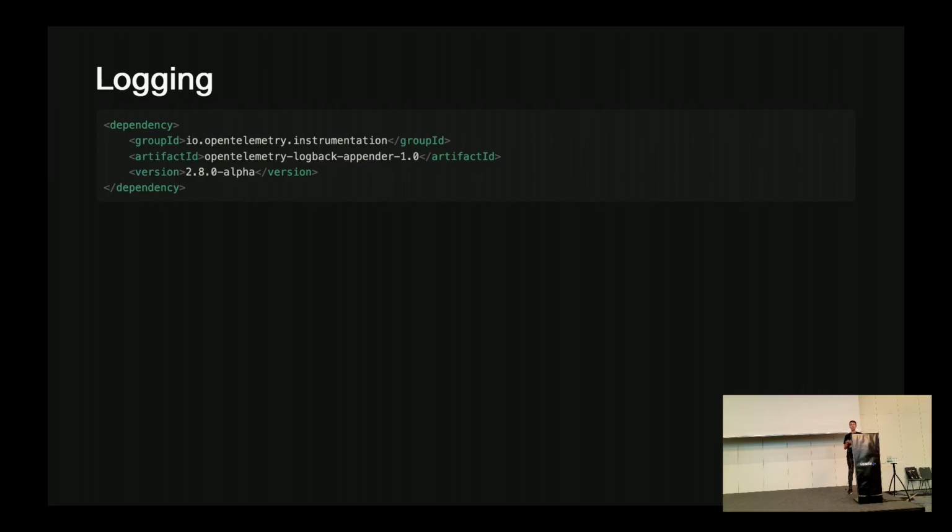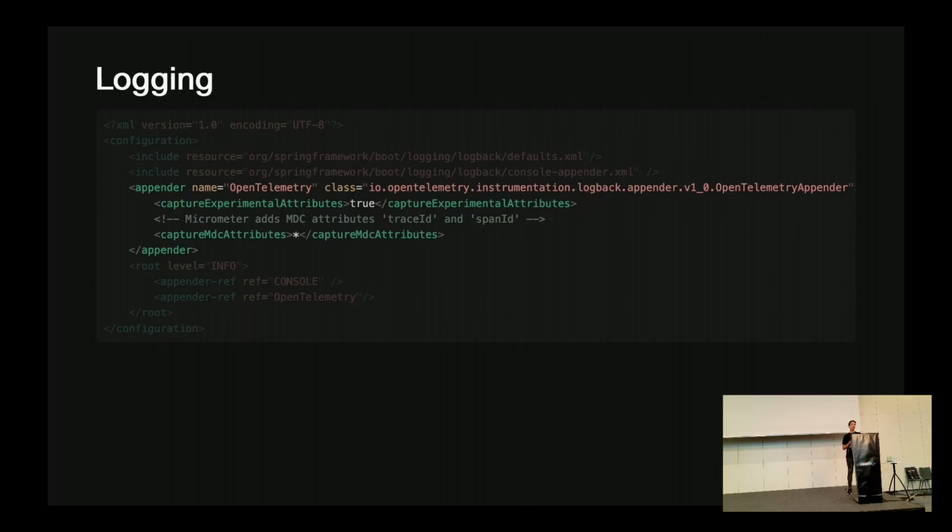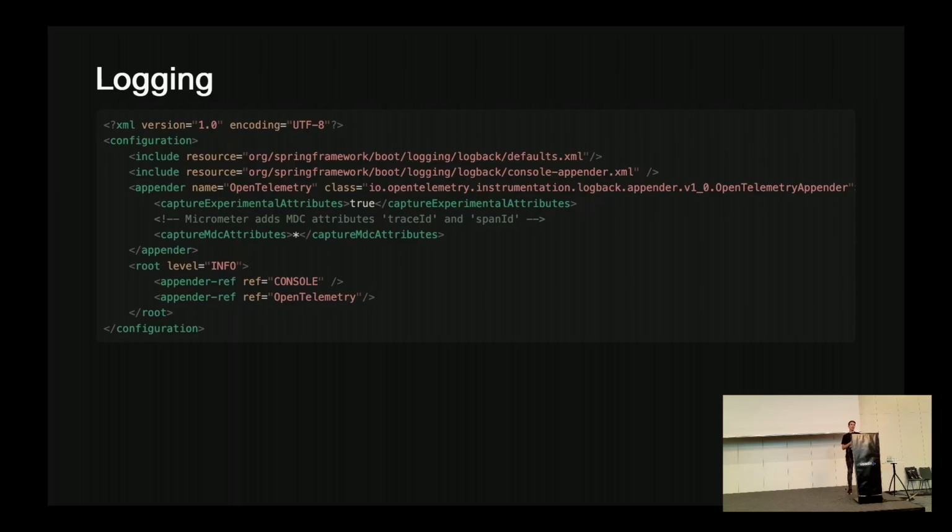Therefore, we need to add a dependency to our pom.xml in this case. Afterwards, we need to extend our Logback configuration to use this OpenTelemetry appender. We tell the appender to capture MDC attributes like trace IDs and span IDs that Micrometer Tracing provides for us. This will help us later to combine traces and log statements. And if we don't want to use Logback, there is an alternative appender